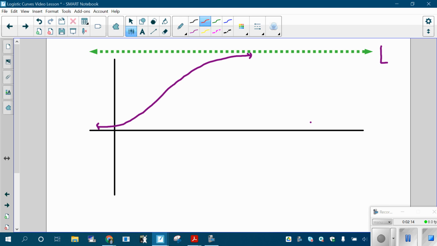Okay, there's kind of an important point right here. What happens right here? Well, this whole function's increasing, from negative infinity to infinity, but at that blue point, the rate at which it is increasing begins to decrease. In other words, that is a point of inflection. And the cool thing to note is that it occurs at half of the carrying capacity. So once you reach half the carrying capacity, the rate of growth begins to slow. It is still going up, but it's going up at a slower speed. Cool. This is logistic growth. Logistic growth is really common in sciences. You'll see it a lot in college.